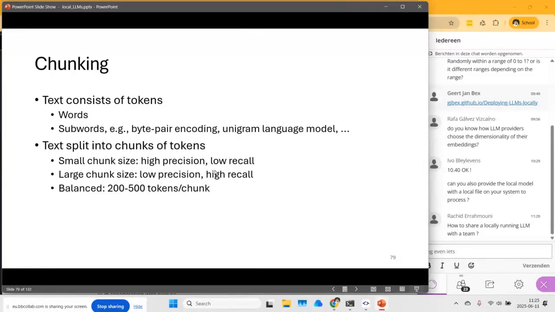Okay, so of course we have our documents or our data, and that needs to be split into chunks of tokens, so sequences of tokens. Now, if you only consider a small chunk size, so very short fragments, when you try to retrieve, you will get a very high precision. So the things you retrieve are really on topic, so that's good. But you will have low recall in the sense that you will retrieve quite a number